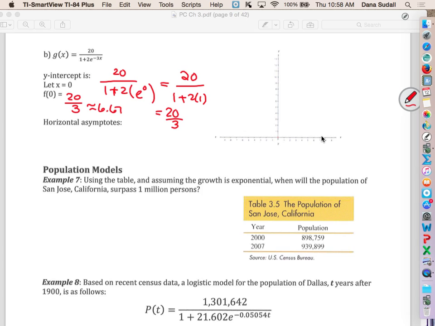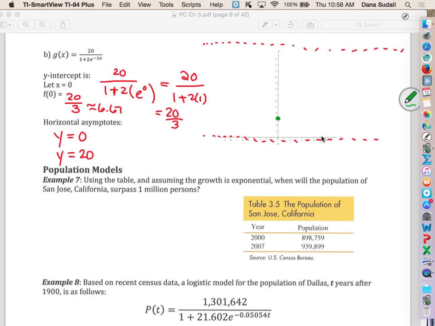About 6 2/3, 6.67. And then horizontal asymptotes would be where the value for the numerator there is 20. So I'm going to have a horizontal asymptote at 0. Horizontal asymptote, I'm going to say this is 20 up here. And then at 20/3, 6 and a little bit there, I'm going to have that